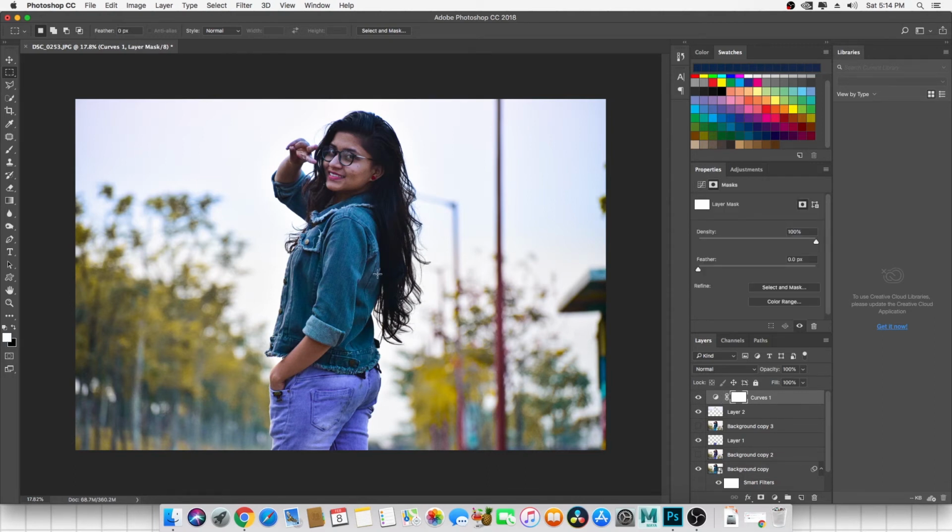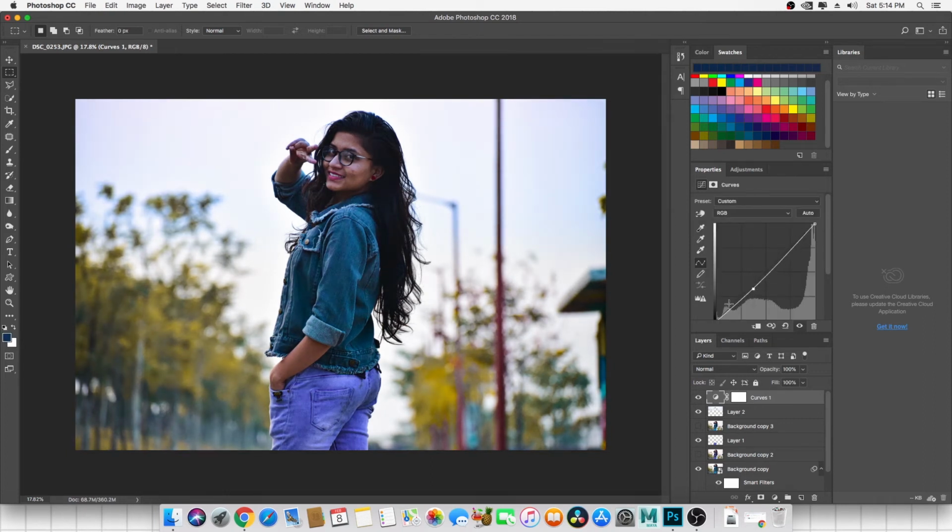So it's not going to apply to the whole layer, it can be only the tree part, or only the face part, or only the body part, whatever you want. So first of all, I'm going to curves and reduce it something like that. If you want to, you can increase it to make it a more contrasty image, but I think that's fine to me.